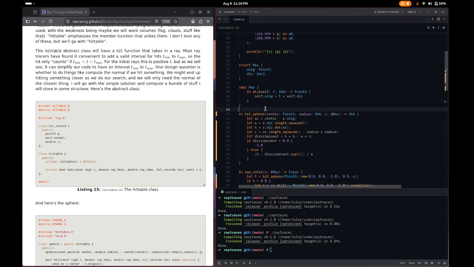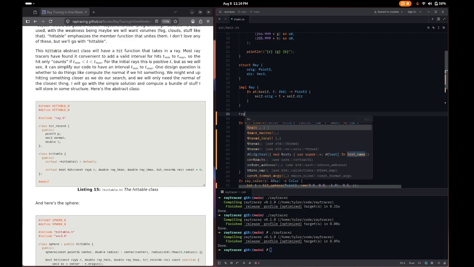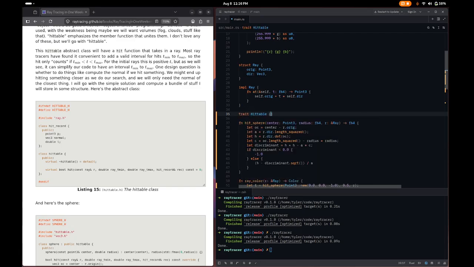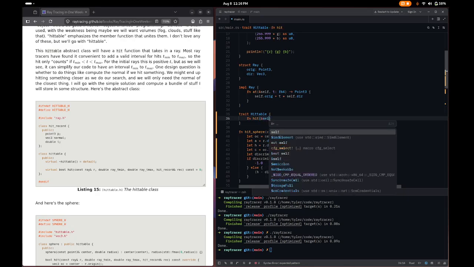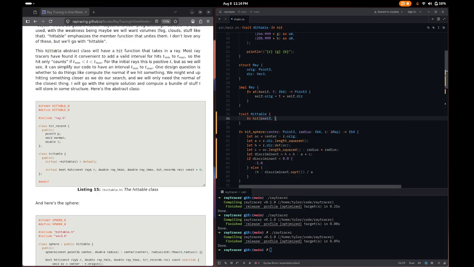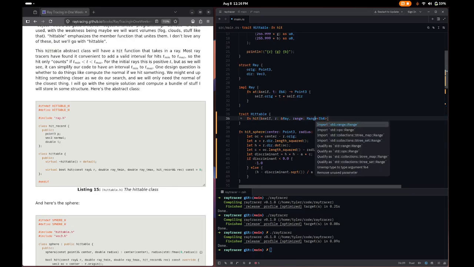So this is C++. Of course, instead of an abstract class, we're going to have a trait. And a trait has a hit method, takes self, and a ray, and a tmin and tmax. I'm actually just going to go ahead and use a range here instead, since Rust nicely has a range type built in. In fact, unfortunately, it has a couple of them built in. I think we want this one,